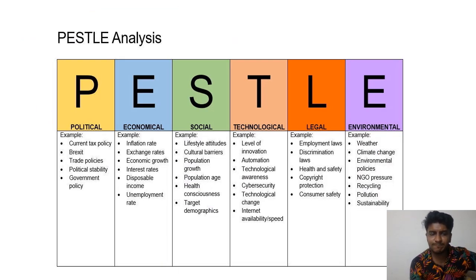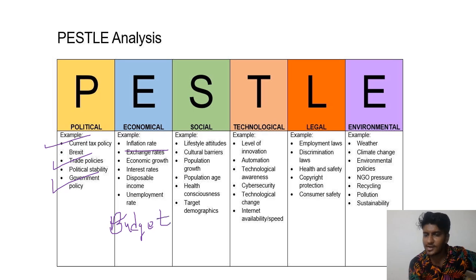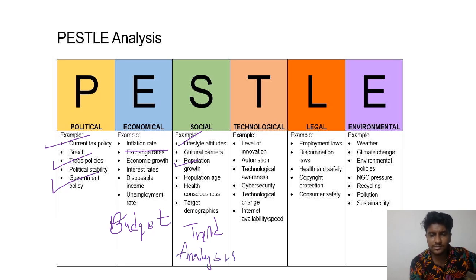analyze it. Next up, we have PESTEL analysis: political, economical, social, technological, legal, and environmental. Political: we have tax policies, trade policies, government policies. Economical: we have inflation rates. You need to keep a close look at the budget. Whenever the budget is introduced, it brings a change in the market. Employment rate. Social: we have lifestyle attitudes, population growth, trend analysis. Trend analysis is very, very important in marketing. If you don't know trend analysis, it's very difficult, my friend. Technological: cyber security, encryption, level of innovation. Legal,